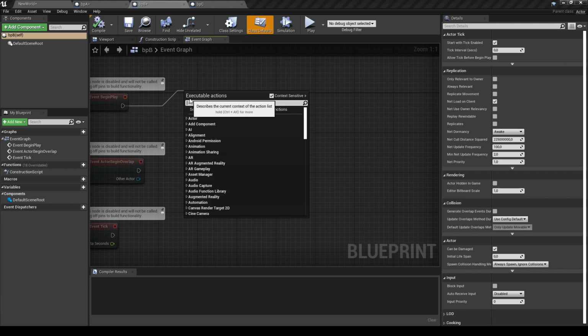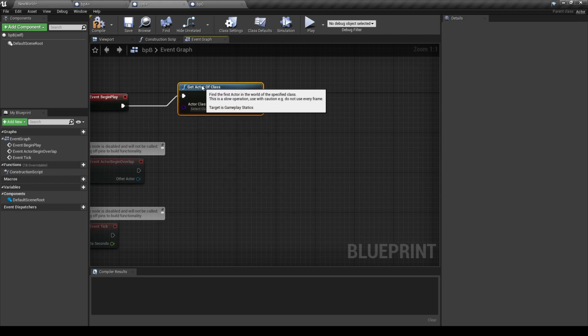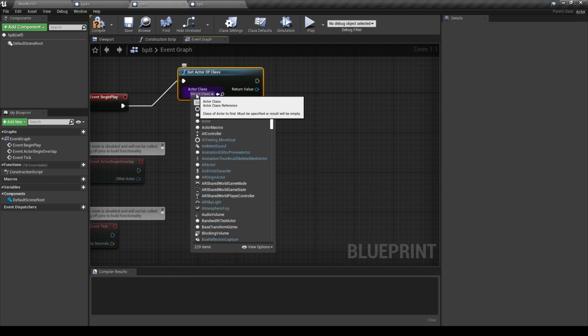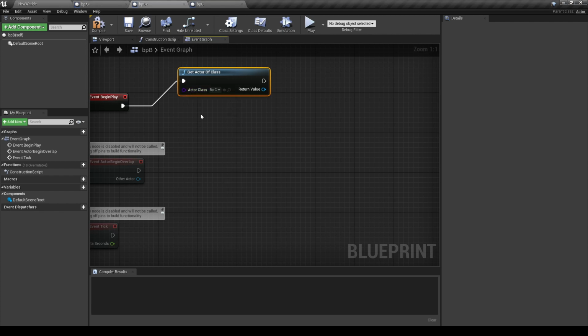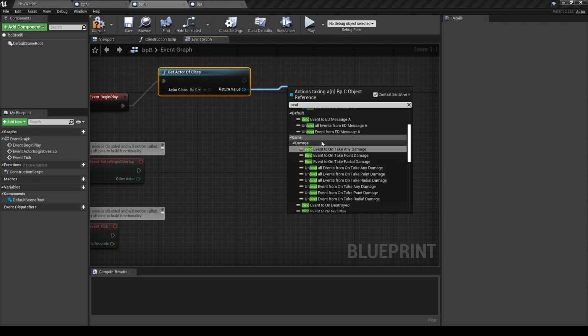To listen, we will listen to the Event Dispatcher which is defined in blueprint C. So for that, I need to retrieve an instance of blueprint C. I use the same method, Get Actor of Class, with the type blueprint C. And here, I don't want to call the Event Dispatcher, but I want to bind to the Event Dispatcher. Let's type it and then I will explain.